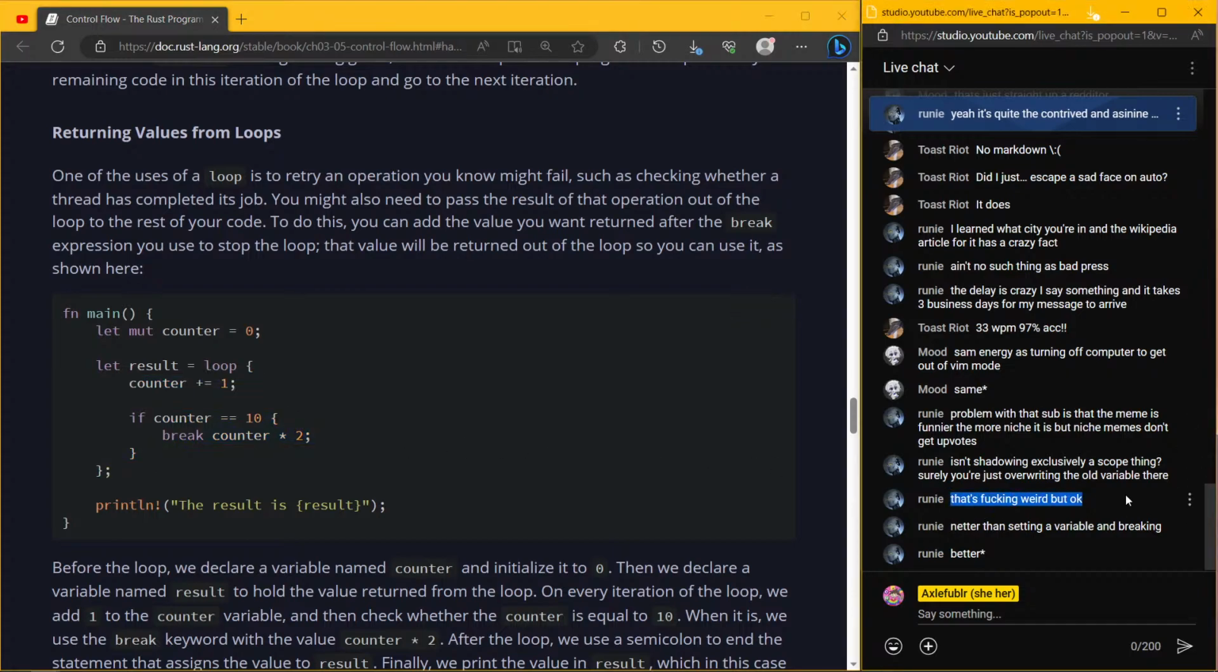That's weird, but okay. Better than setting a variable and breaking. Yeah, at the very least. But since variables are immutable by default, I do like this behavior. Because, yeah, better than setting a variable and breaking. Oh, you were talking about this thing. Oh, I see. Yeah, quite weird, but interesting, because giving more use to keywords, like specifying something to break,